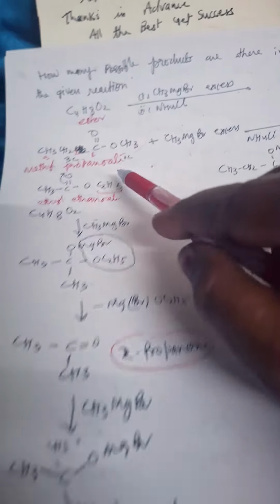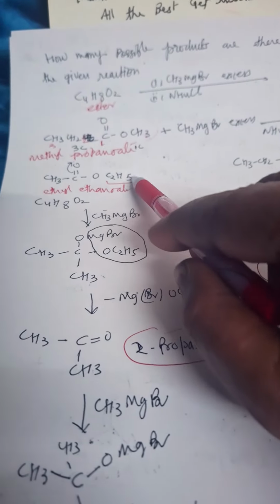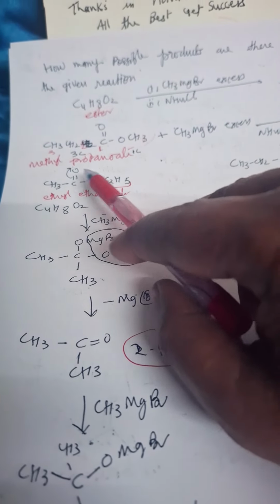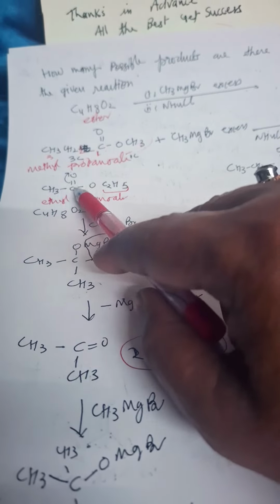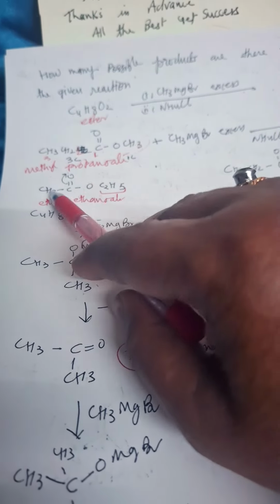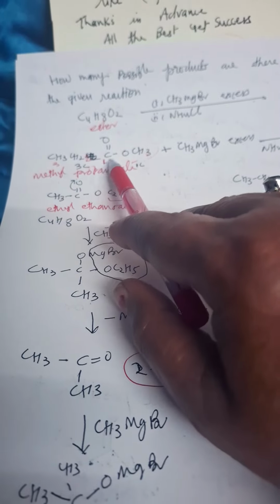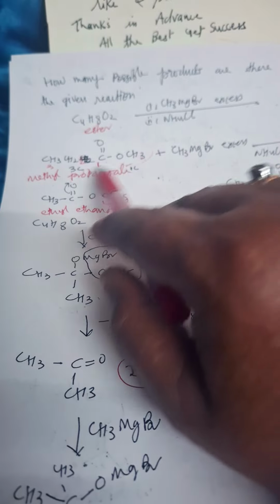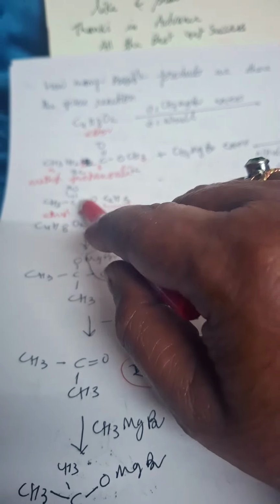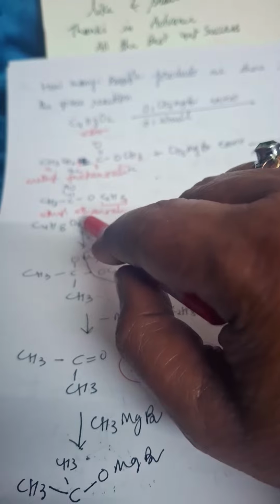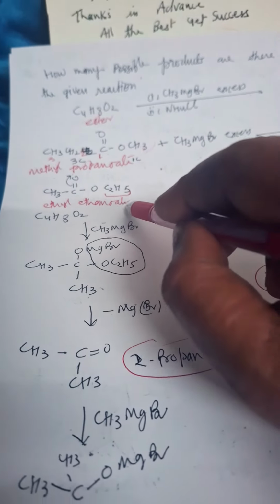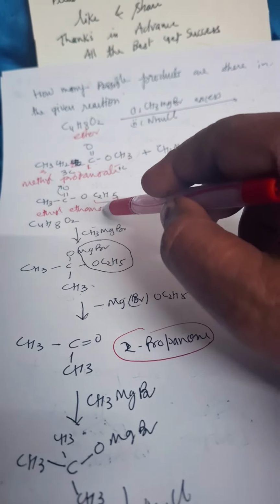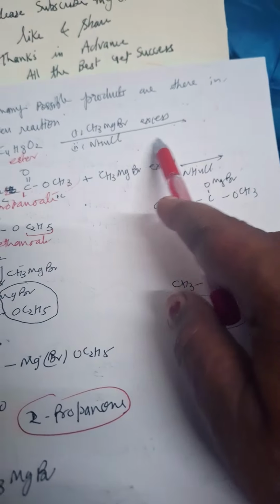Clear? And the second is ethyl ethanoate. There are 2 carbons in the ethyl group in the ester, then the esteral oxygen, and this is 1, 2 carbon. So this is an ester of ethanoic acid, and the other is an ester of propanoic acid. That is why I am saying propanoate: a 3 carbon acid, and this is the ester of a 3 carbon acid, that is methyl propanoate. This is the ester of a 2 carbon acid, acetic acid or ethanoic acid, and this ester is known by ending with -ate. So it is ethyl ethanoate, as the ethyl group is there. So only two possible structures are there when excess CH3MgBr reacts with it.